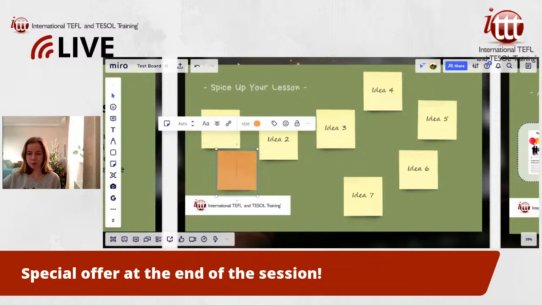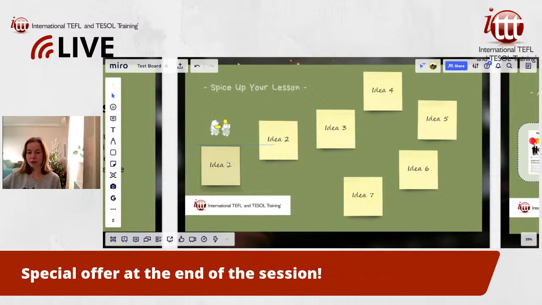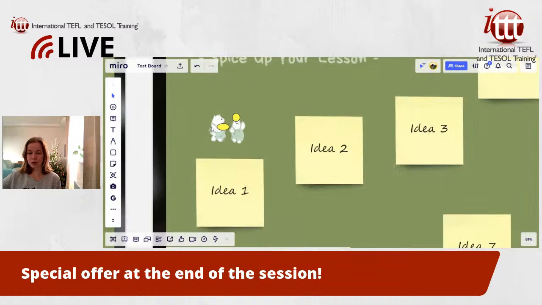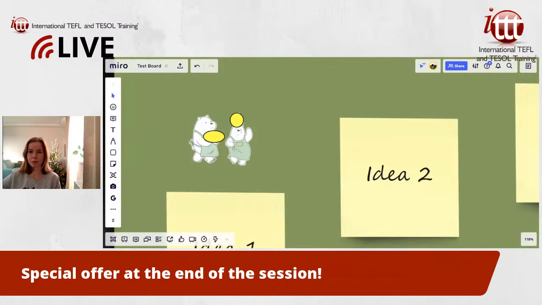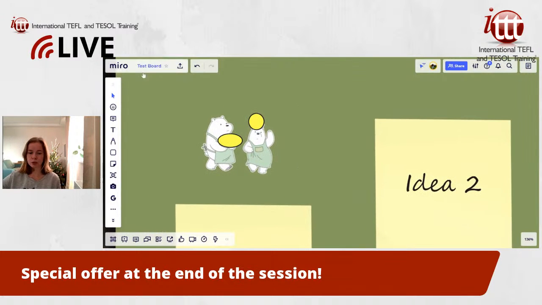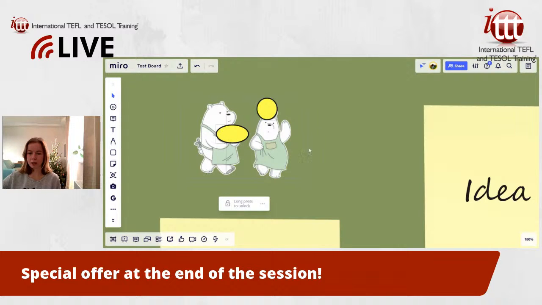So for example, you use the sticker, you can write something on it, and you can also hide things with it. And the first idea is actually almost about the same thing. So you can use different pictures and hide parts of them with shapes, so that your students can get really excited and involved in the whole